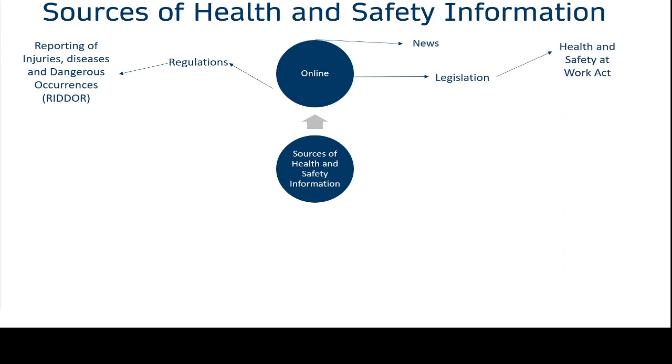So the Health and Safety at Work Act outlines who's responsible for creating health and safety policies, that there should be a responsible person or an appointed person who's responsible for health and safety issues. There should be a health and safety notice board. What sort of information should be in the health and safety notice board? It outlines